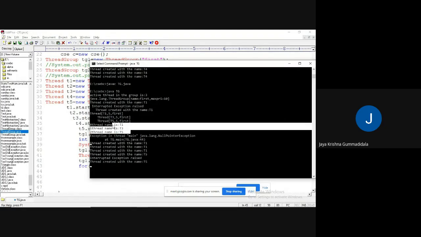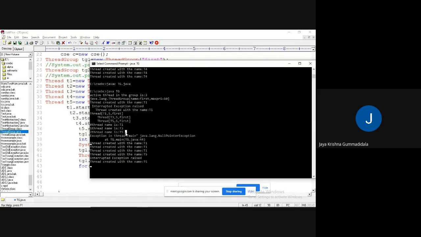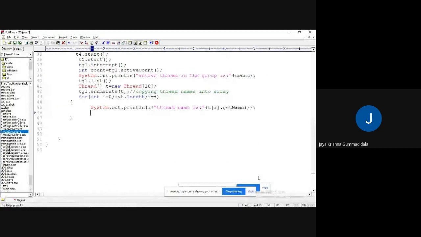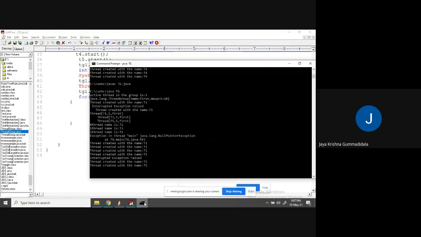Meaning that whatever threads are there in the thread group, it is going to print them. Then you got the exception, a null pointer exception. When all the references are completed, you will get the null pointer exception. Yes, so you can overcome that. How can you remove that? If the reference is null, I can simply perform break. You can work on that.